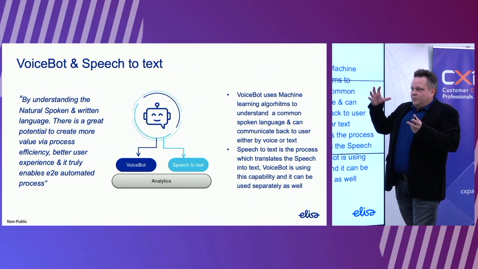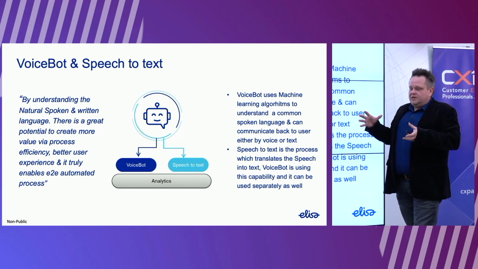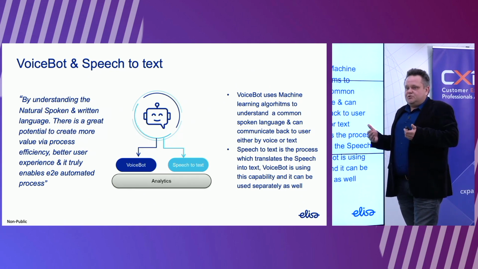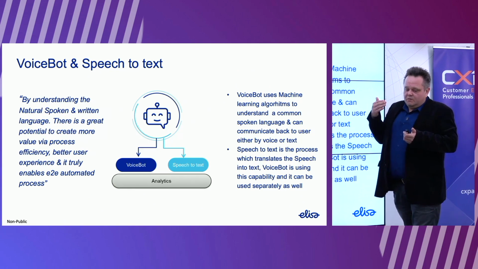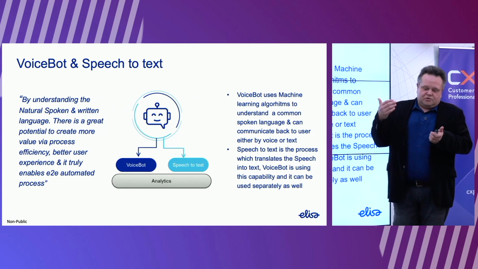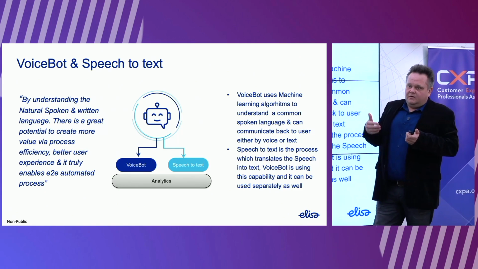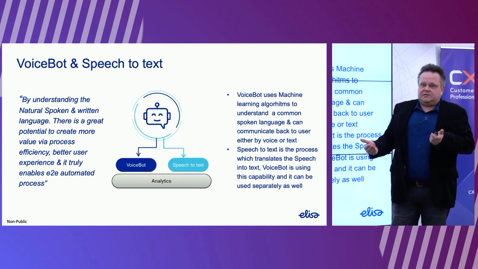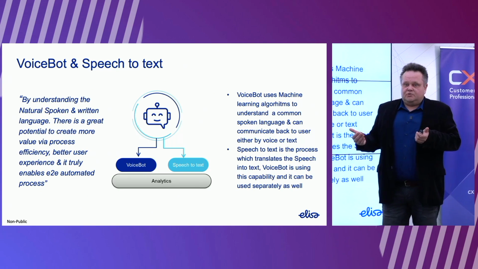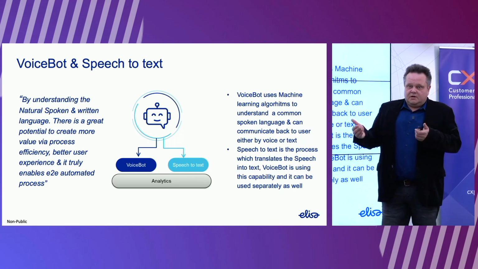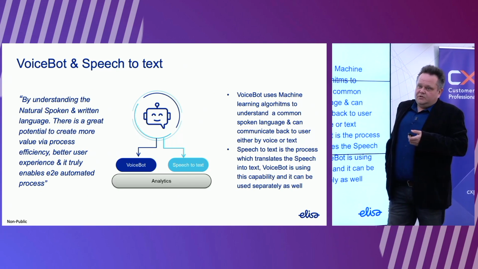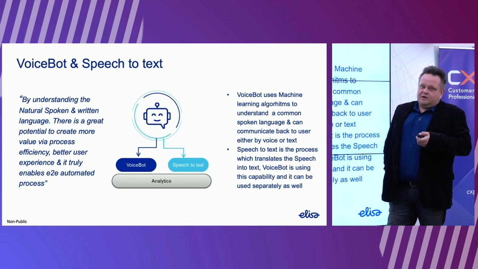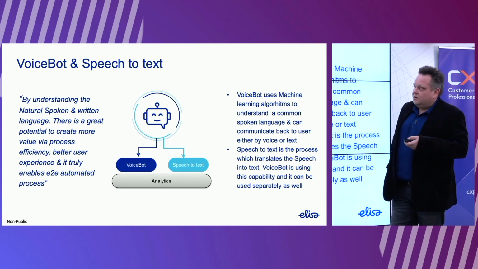Because we've been talking so long about end-to-end automation. But whenever it comes to a situation where someone must speak to someone about something, and we don't have a capability like this, the process cannot be end-to-end automated, because there is always human-to-human, manual intervention or manual actions there. And this enables the true end-to-end